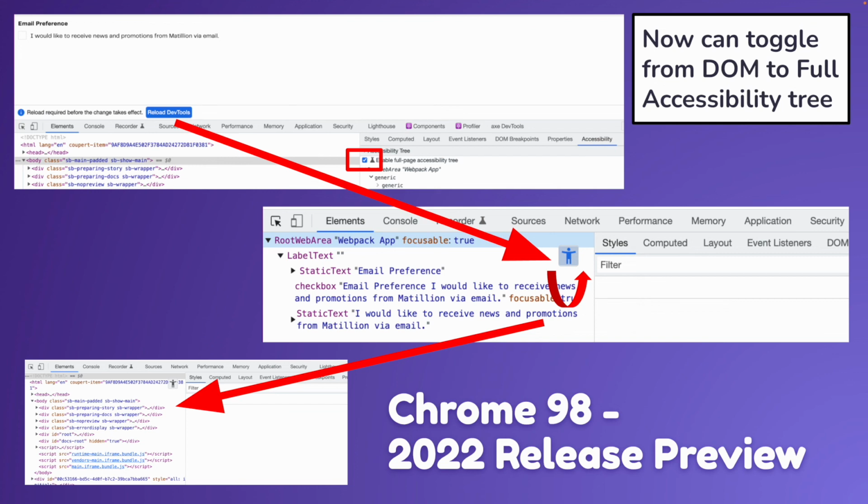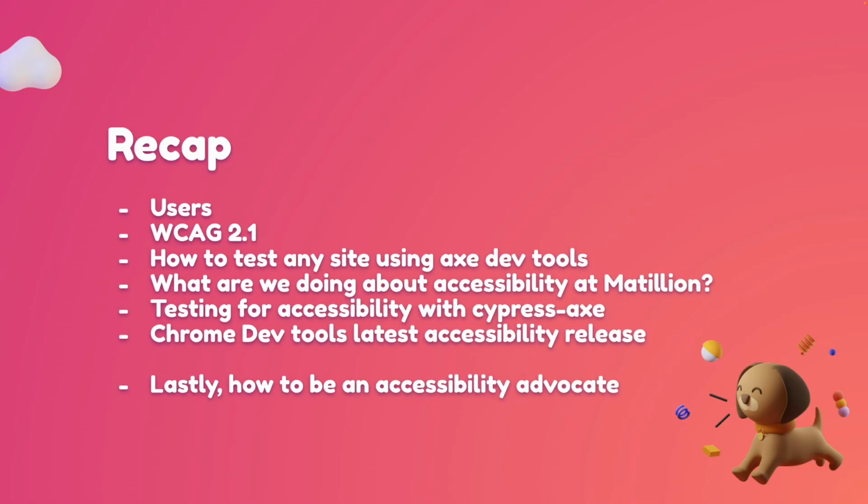This is just something I really wanted to share with everyone, because a lot of people don't know about it. It's still brand new, this feature. It allows you to see what the screen reader would read out if you were to use it. So just to recap, we talked about our users, the WCAG guidelines, how to test sites with